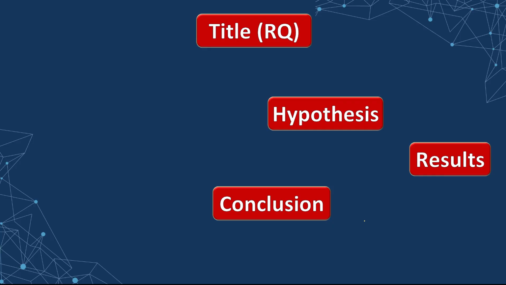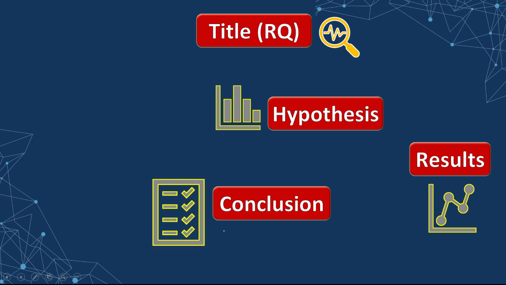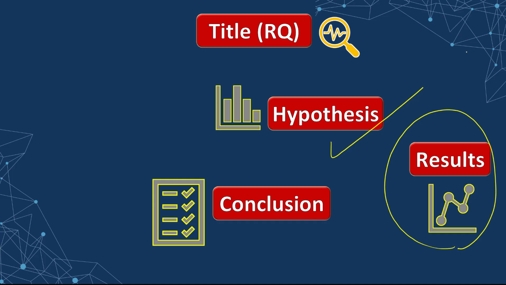In short, I can say you had a title and then you had a hypothesis as an answer to your research question, to your title, and then results you obtained according to your experiment or the data collected. Okay? And then in conclusion, you will check to what extent your results can support your hypothesis, and actually your hypothesis is the answer to your research question.